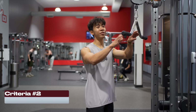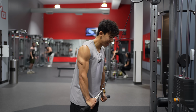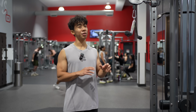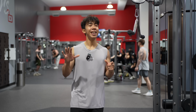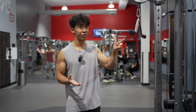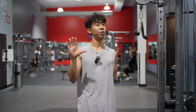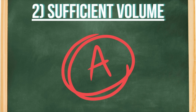Number 2, the full body split does allow you to hit 8 sets per muscle group per week in a somewhat reasonable manner. Now, admittedly, if you're going twice per week, it can be a little bit difficult, but if you bump it up to 3 to 4 times per week, then you can pretty easily hit 8 sets per muscle group per week by just literally doing 2 sets, so 1 exercise per muscle group in each workout day. Now, keep in mind, if you want to train 5 or 6 days per week, I wouldn't recommend the full body split for reasons I'll get into later, but ultimately, the full body split gets an A rating for this